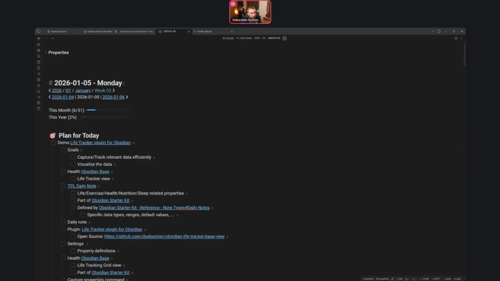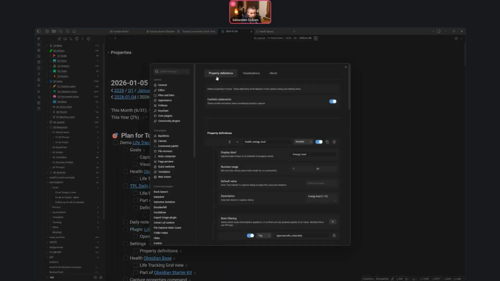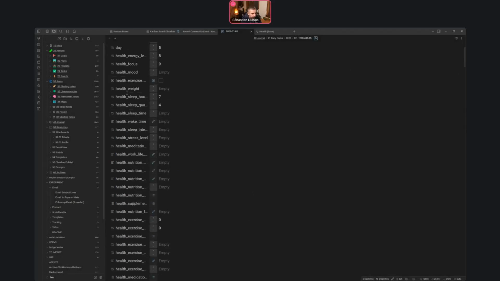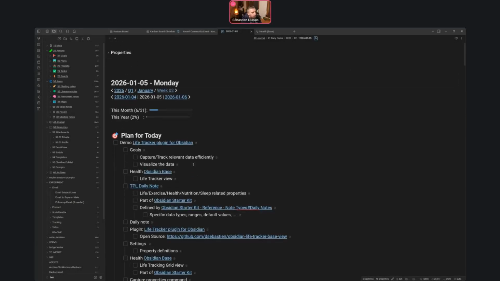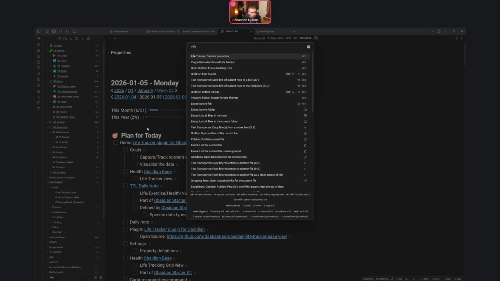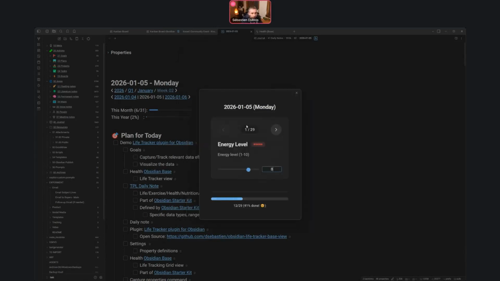The first thing is if you are on a daily node like this one, so basically a node that contains properties that have matching property definitions. So it's the case of this node. This property exists on this node. That's why it's going to be recognized. It's right there. Now, if I invoke the live tracker plugin's capture properties command, what I'm going to get is,